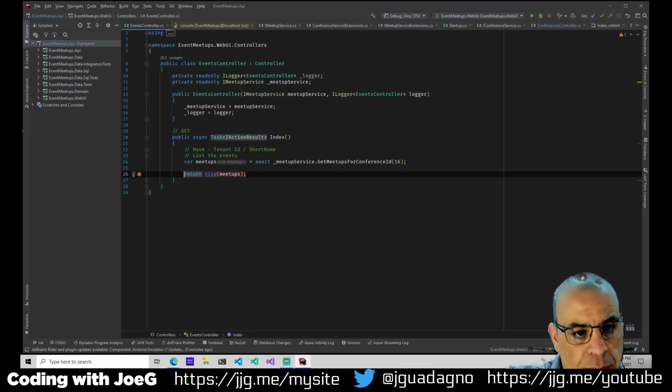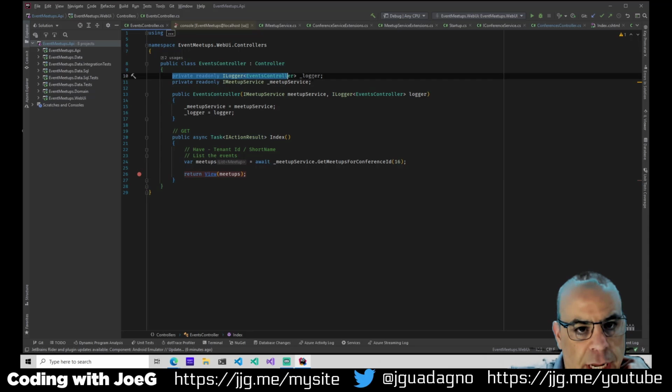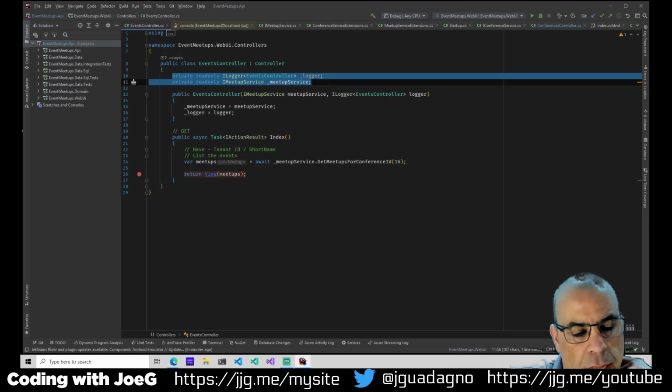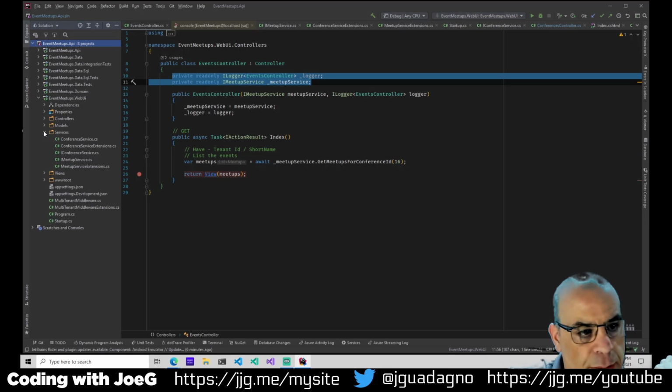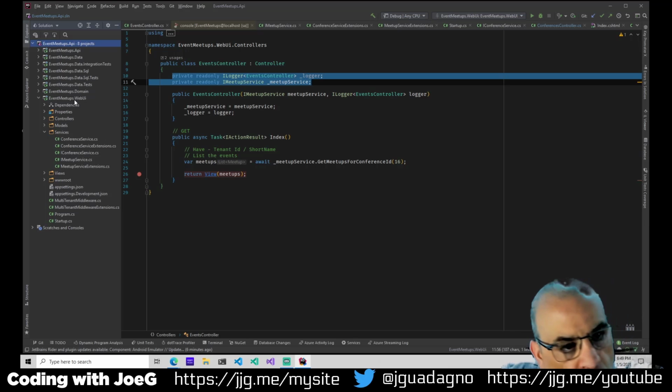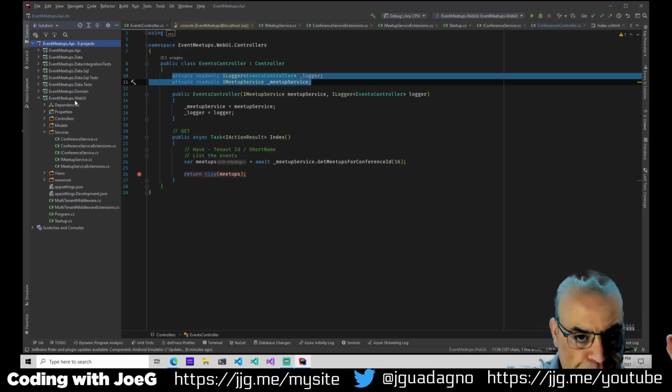So when we finished up, we had this controller action of index ready. And I took the liberty of adding in the logger and the meetup service that we're injecting. I built these over the weekend. Technically, the meetup service I built in the last half hour essentially allows us to call our API from the web app. We don't directly reference the data projects or anything else because ideally I want these two apps to be on separate servers and not know about the database or anything else.